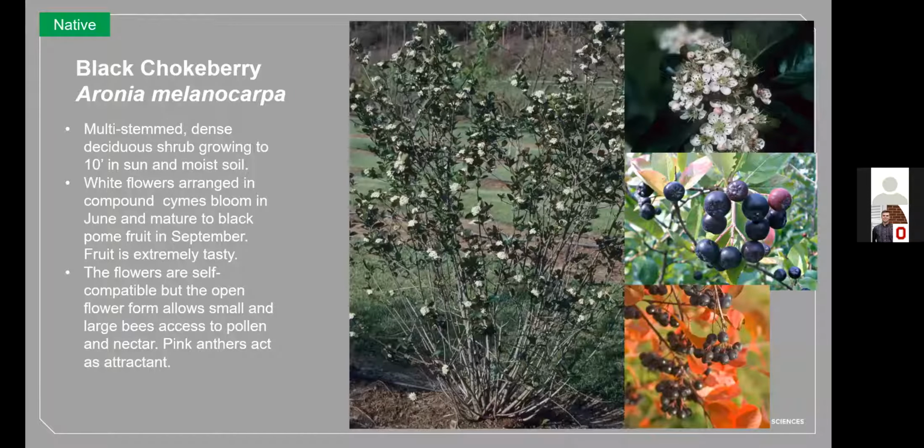When I was researching this talk, it was about at this point that I realized not only was I recommending natives with value to wildlife and pollinators, but plants with fruit that I like to eat. Black chokeberry